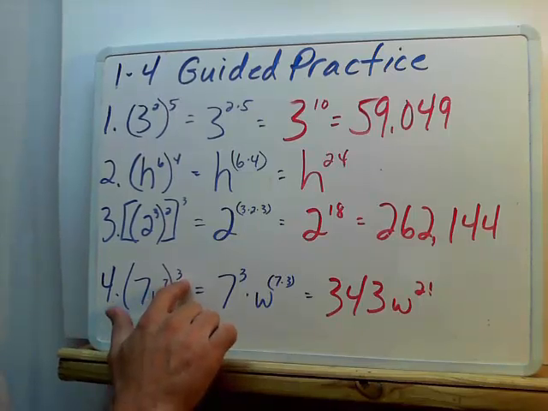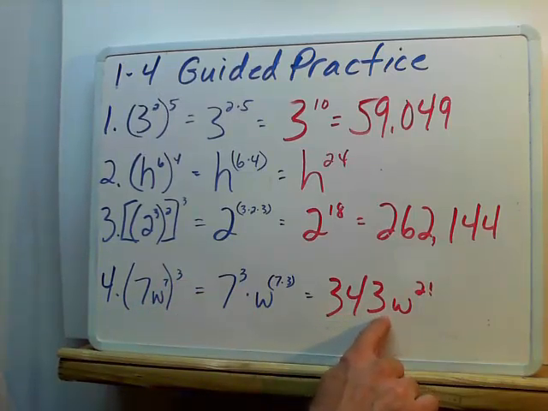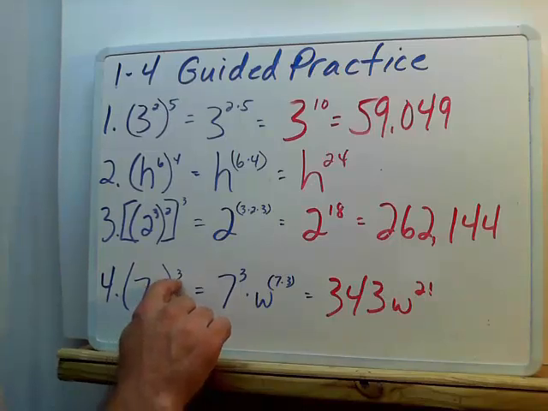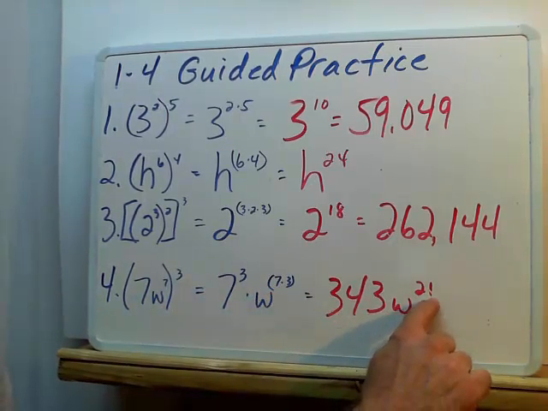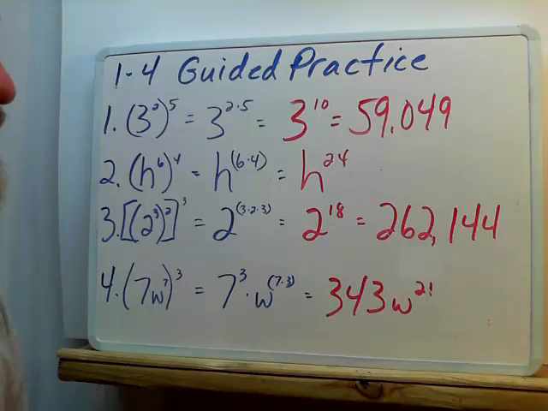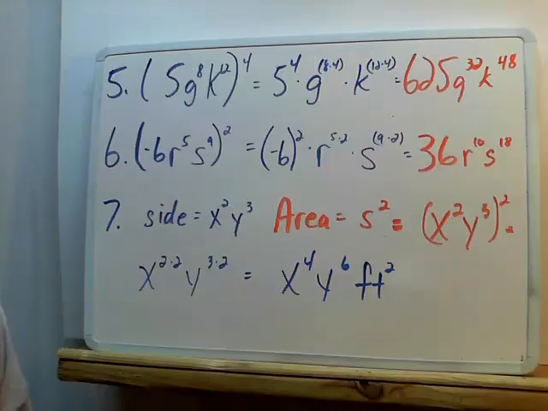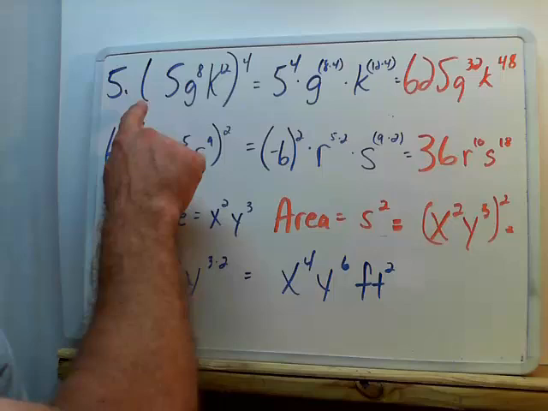So we have 7 cubed, which is 343, times w to the 7 times 3, which is w to the 21st. 343w to the 21st power. Number 5, we have